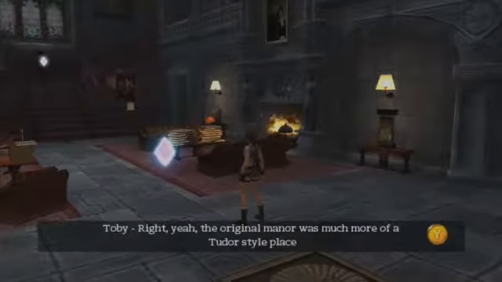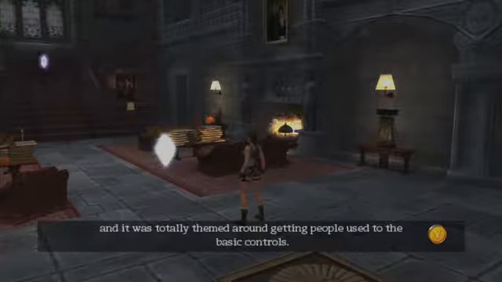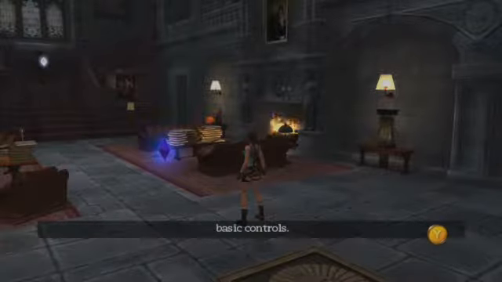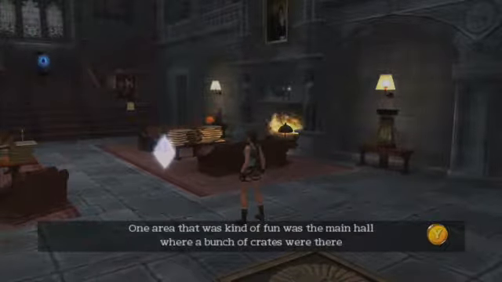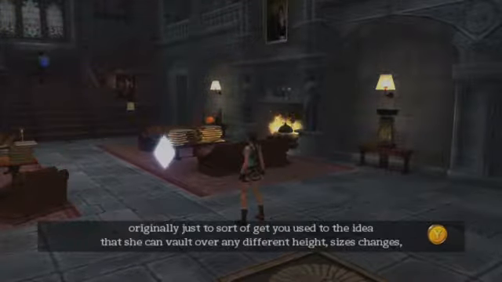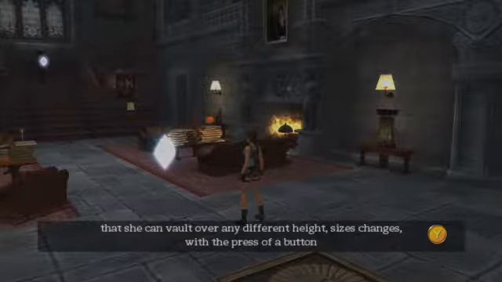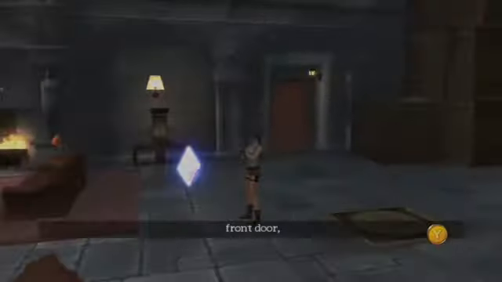Right, yeah. The original Manor was much more of a Tudor style place, and obviously it was totally themed around getting people used to the basic controls. One area that was kind of fun was the main hall, where a bunch of crates were there originally just to get you used to the idea that she can vault over any different height, size changes with the press of a button. And we actually put the Ark of the Covenant in there by the front door,